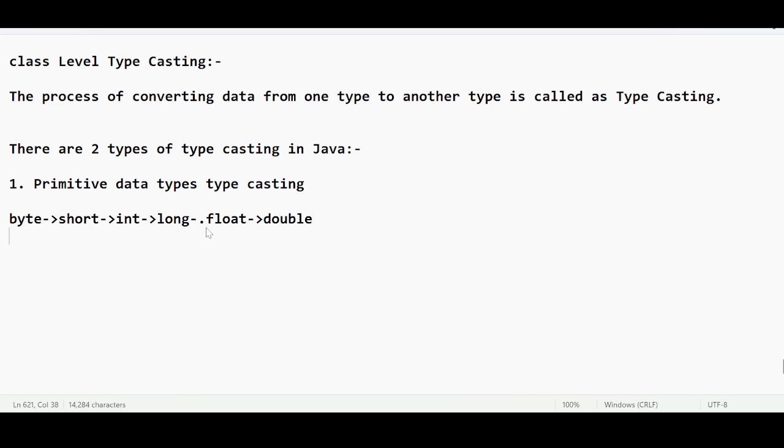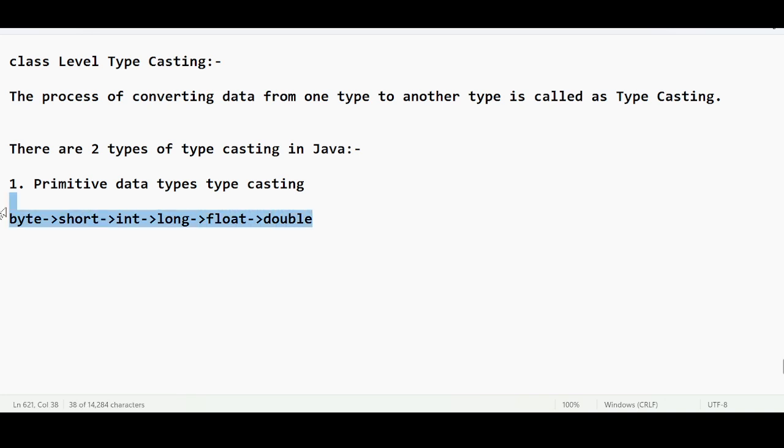We have discussed how to do the conversion from lower data type to higher data type, and from higher data type to lower data type. Lower to higher is called implicit typecasting.